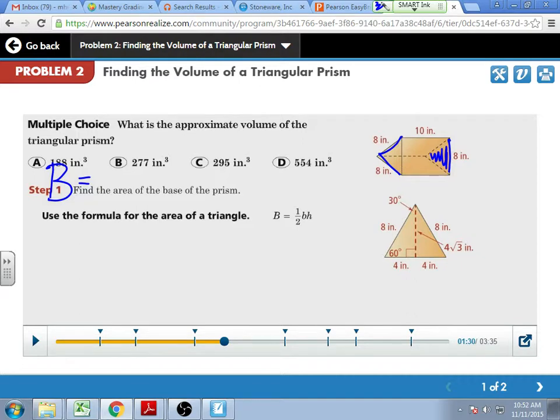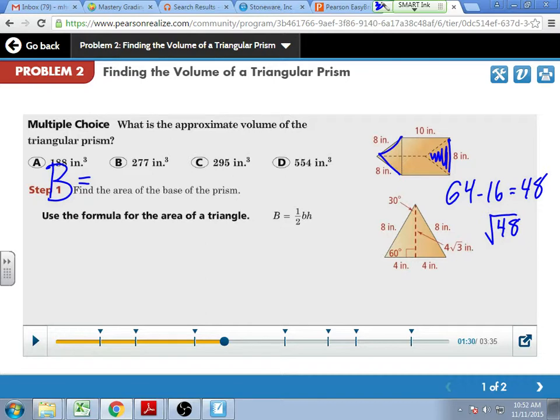If I had 8 squared minus 4 squared, well, 8 squared is 64, 4 squared is 16, so we're going to have 64 minus 16 equals 48. Then we have to do a radical. You could just use 30, 60, 90. Ah, it's a 30, 60, 90, and it already actually popped up. I didn't mean to go this far.